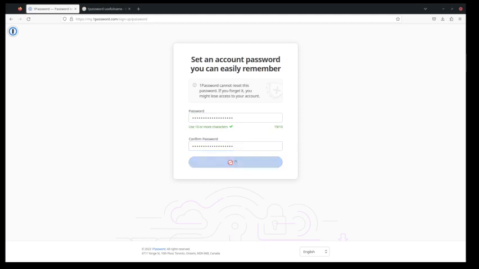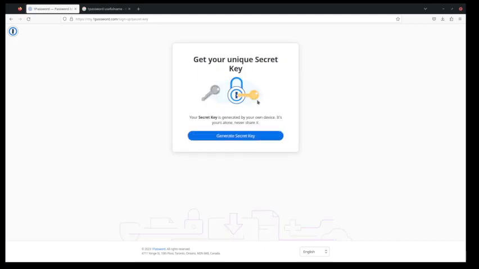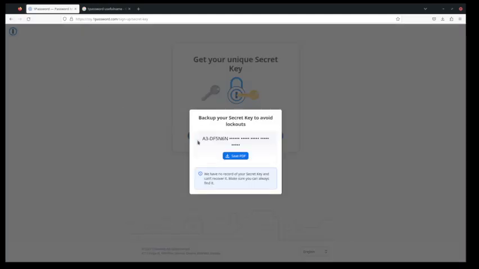So next, I have to wait for a few seconds. Then that should create our... so we need to create the secret key. So let's